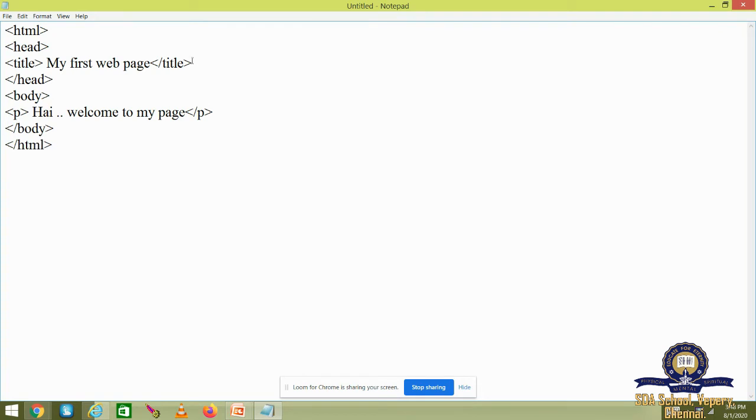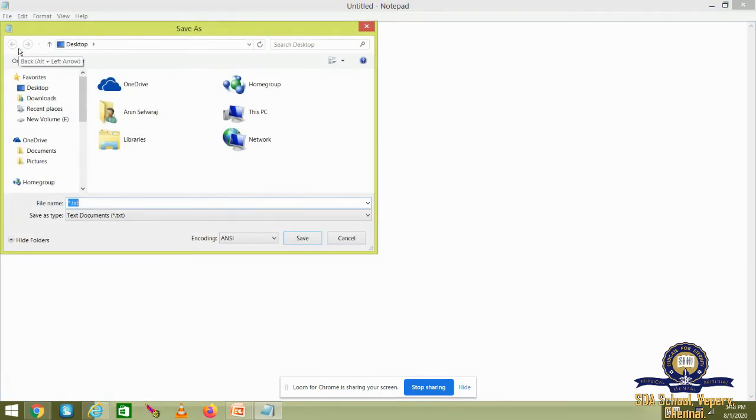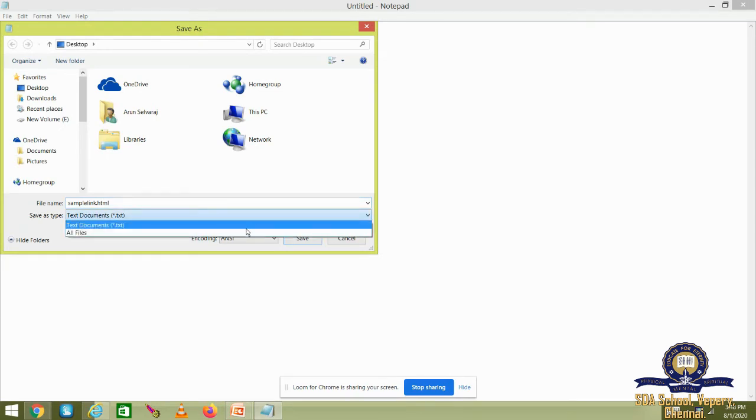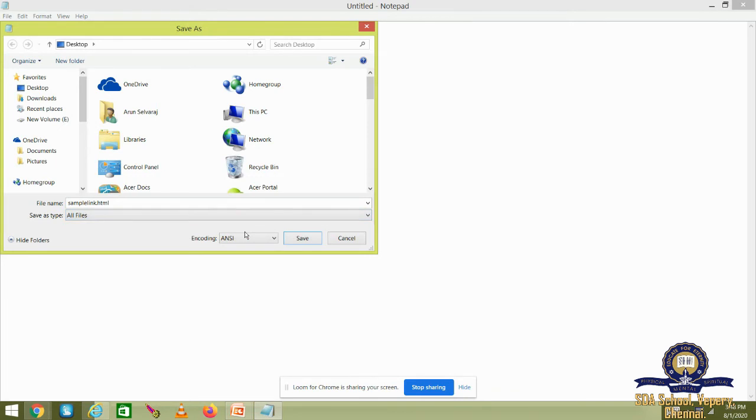Okay. What do I have to save this as? Yes, good. I have to save this file as sample link.html. I have to save it as sample link.html because I have to link the first page with this page.